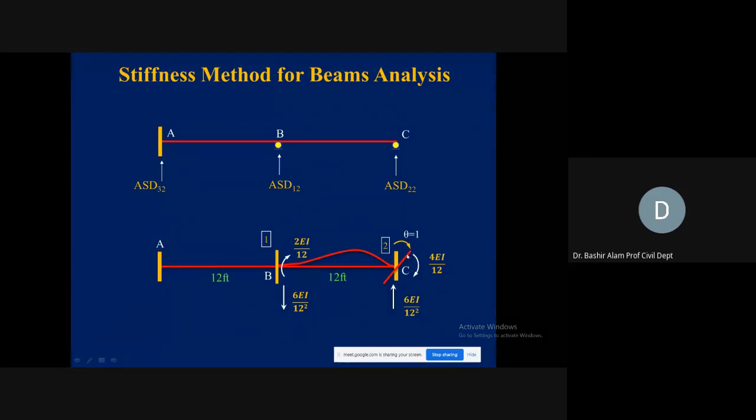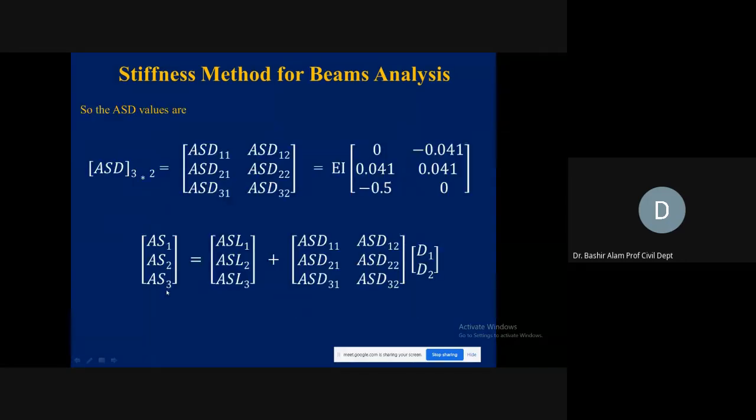इसी तरह क्या करते हैं? Corresponding to यहाँ पे जाके हम कर लेते हैं D2, हम apply कर लेते हैं unit, and we find out। अब AS1D कितना होगा? It will be -6EI divided by L square। ASD2 कितना? प्लस 6EI और L स्क्वायर, और ASD32 कितना होगा? This is 0 now corresponding to this value। Here now we put these values divided by L square किया हुआ है, and we complete this matrix।